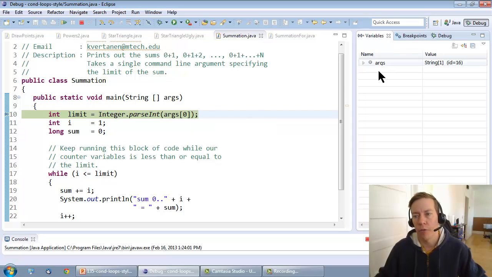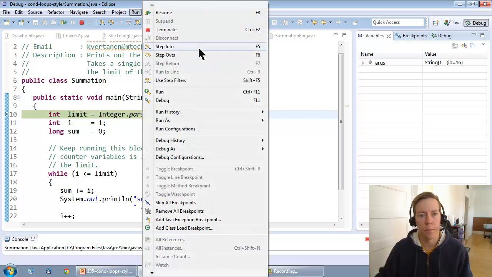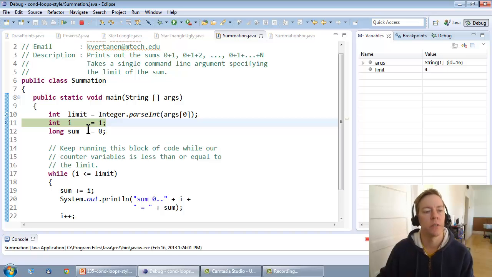execution of the program. And on the right, we're going to see any variables that are currently in scope. Currently, there's just the args variable, which contains the command line arguments. And I can step through the program one step at a time by either going up the menu here and stepping over, or hitting F6. We've executed line 10,